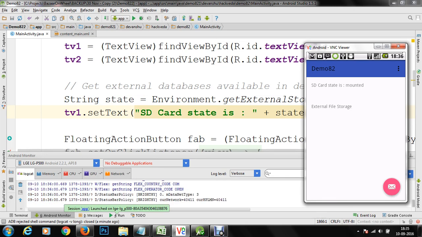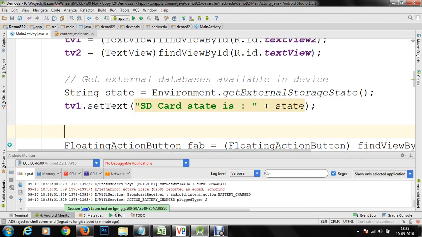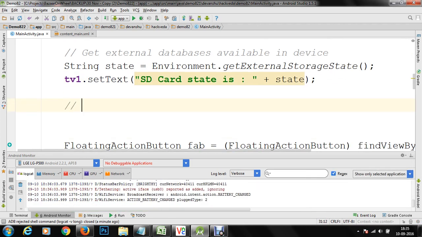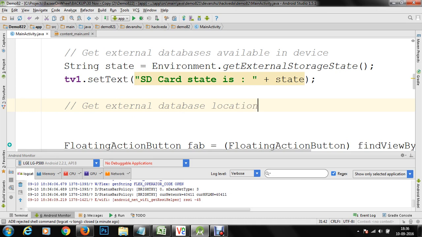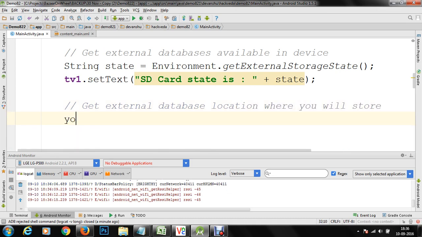In order to do that, let's get back to the code here. Now we're going to write another demo and we're going to identify the external storage location where you will store your files.